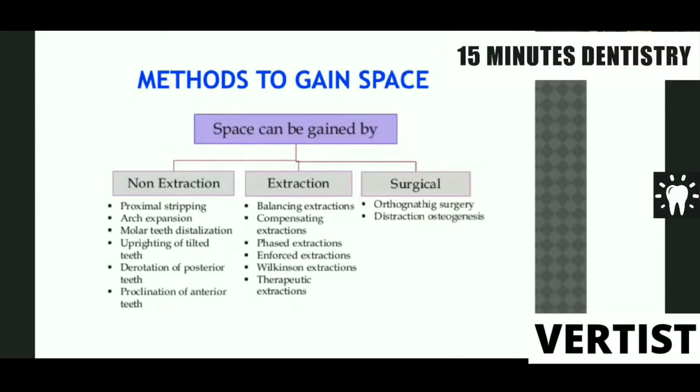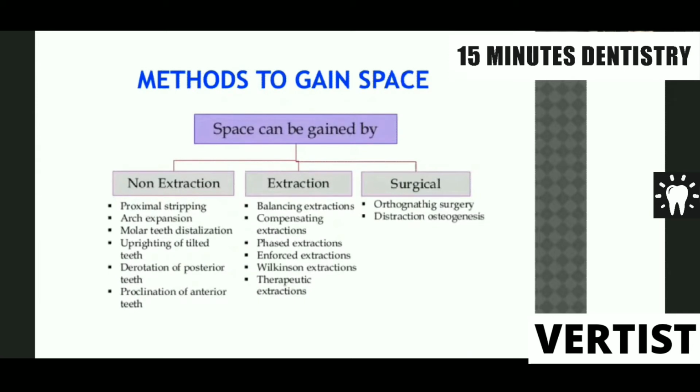The methods to gain space. Now, space can be gained either by non-extraction methods, extraction methods, and surgical methods. We have proximal stripping, arch expansion, molar teeth distalization, uprighting of teeth, derotation of posterior teeth, and proclination of anterior